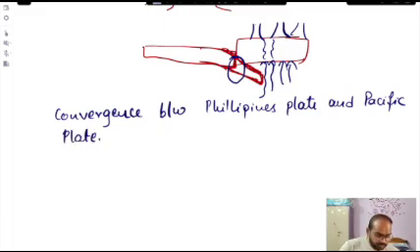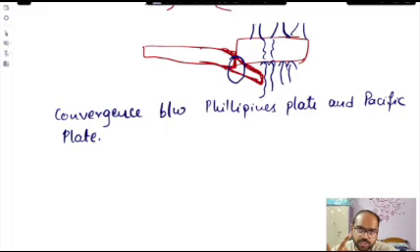If you see it, the Philippines plate and Pacific plate will be there. They move towards each other, and trenches are formed. You can see the Mariana Trench. You can see the Java Trench. Okay, and the series of islands: